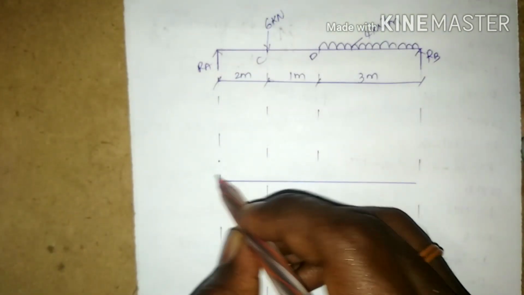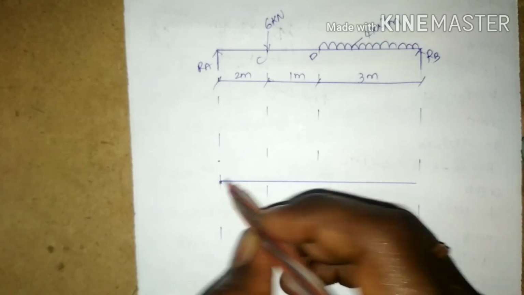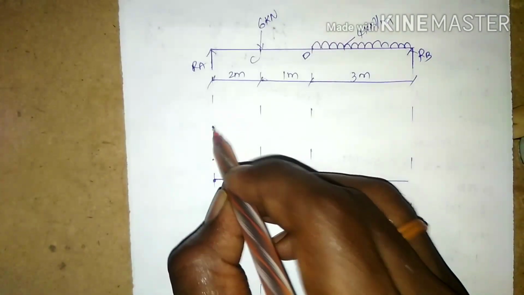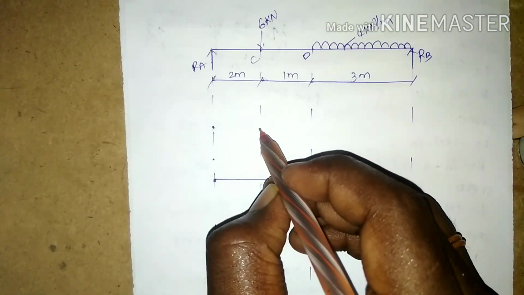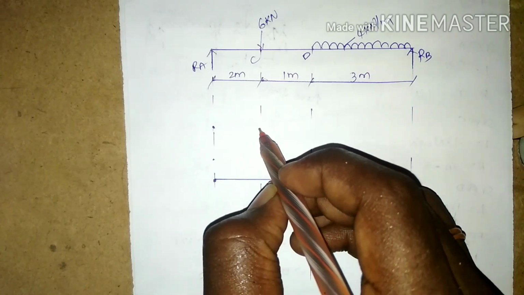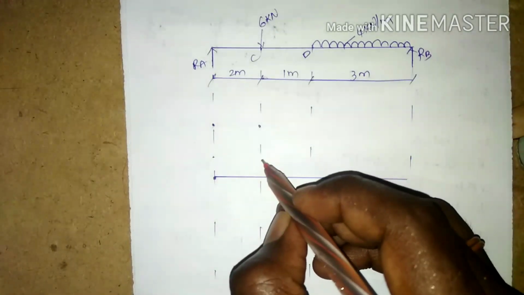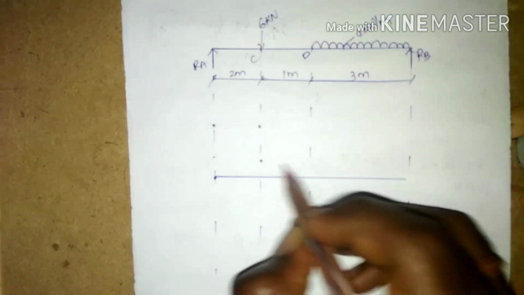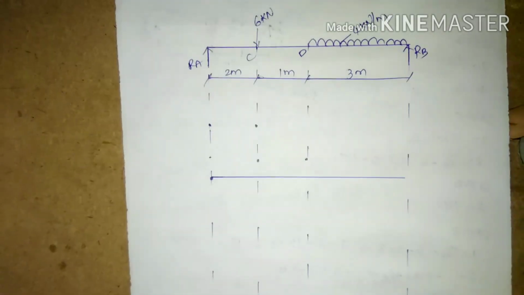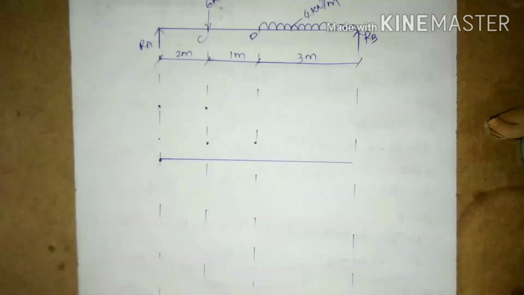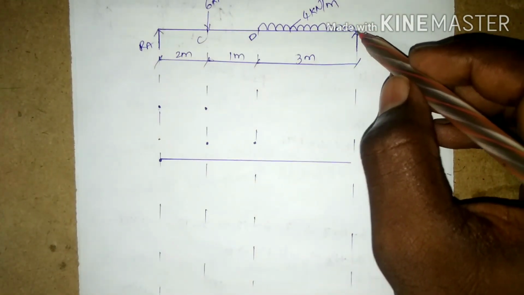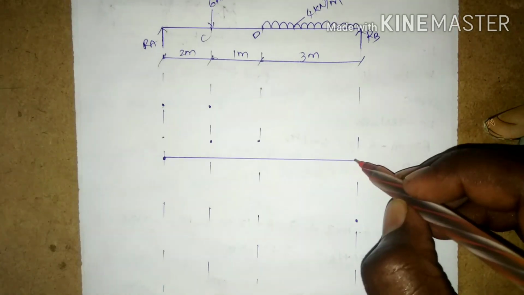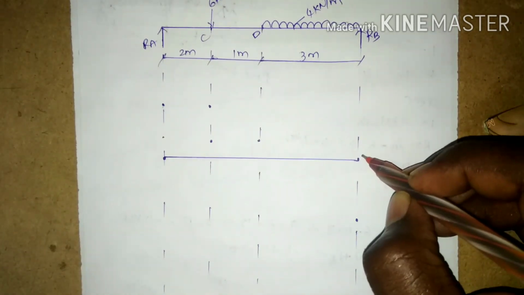For the left of the A, we are having 0. For the right of the A, we have a value of 7 kilonewtons, and from A to C the same 7 kilonewtons continues. After the right of C, we have 1 kilonewton, and moving on to the left of D, we have the same 1 kilonewton. After the right of the D, the value is going to decrease. For the left of the B, the value will be minus 11, and for the right of the B, we get 0 on the reference line.